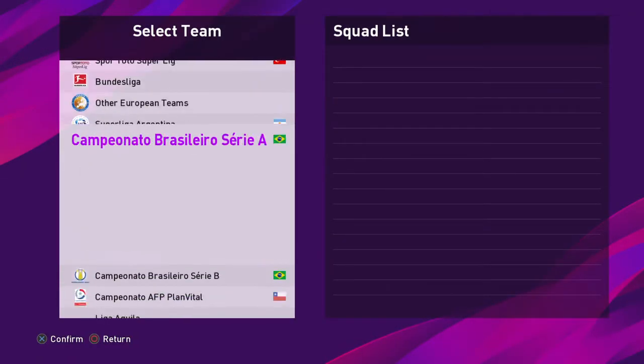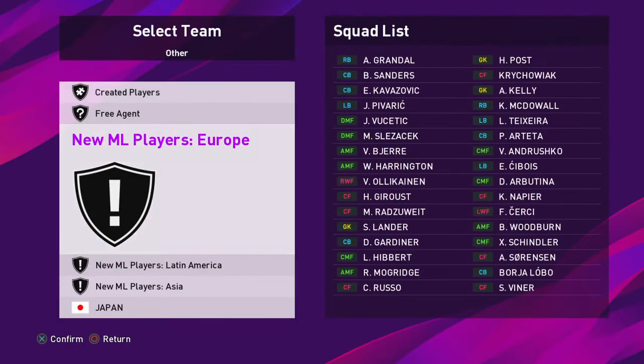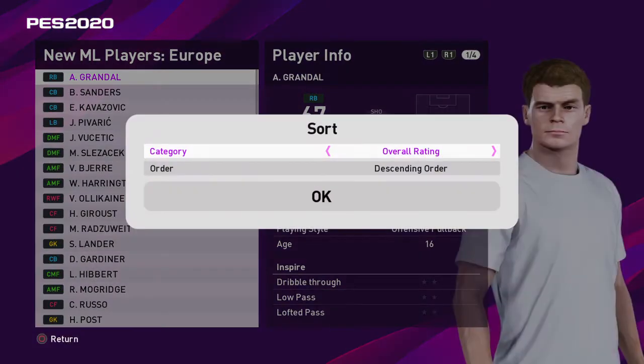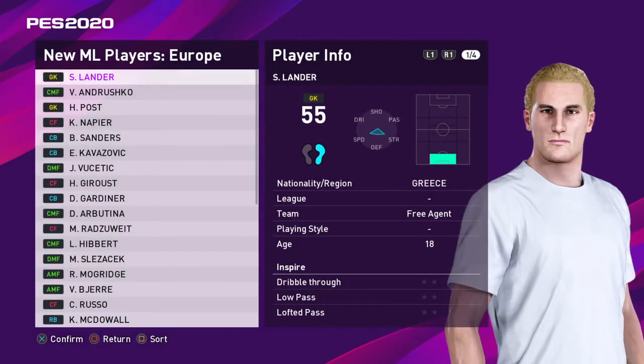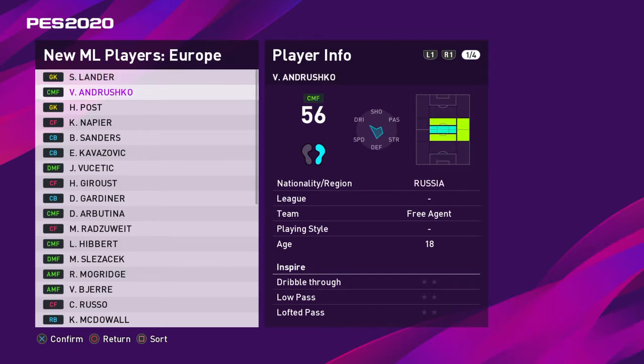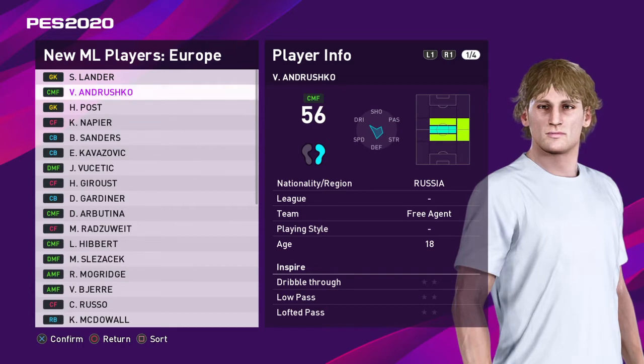It's unfortunate that I cannot transfer directly into these spots. There doesn't seem to be any way to link this to a team transfer. So what I have to do is, if I know that I'm going to be playing with a team in Europe, for example, I will go in here and go to one of these bad players that is in the low 50s. And what I can do is